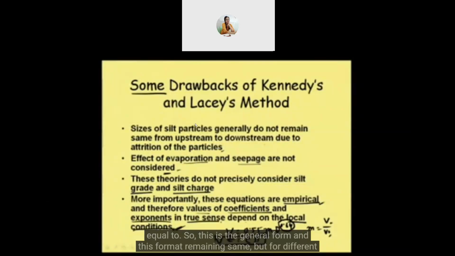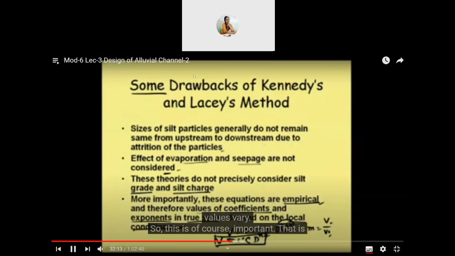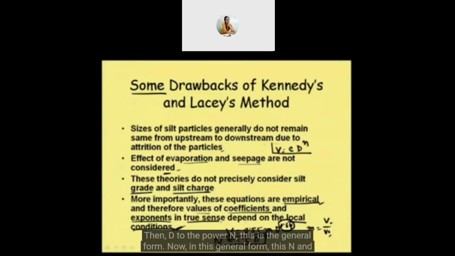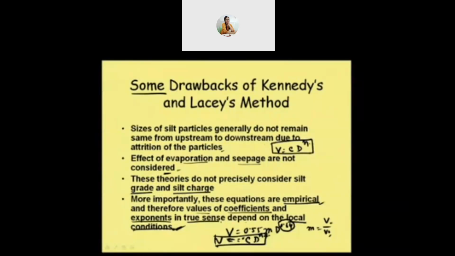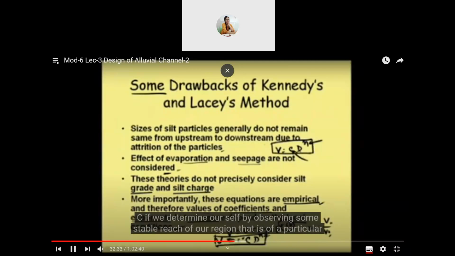This format remains the same, but for different regions of India this coefficient C and this n were determined, and it was found that the values vary. So this is of course important. That's why we can say that Kennedy's formula is basically V is equal to C D to the power n. This is the general form. Now in this general form, this n and C, if we determine them ourselves by observing